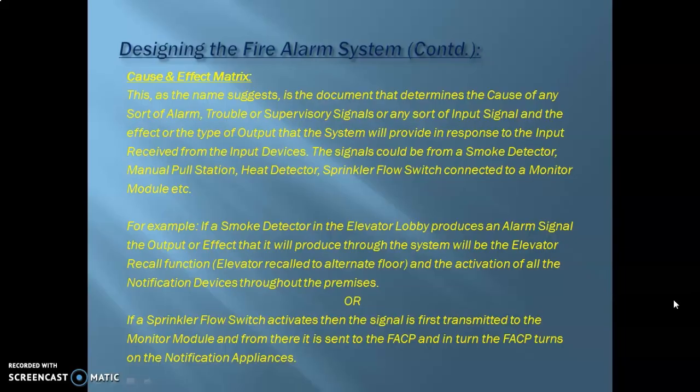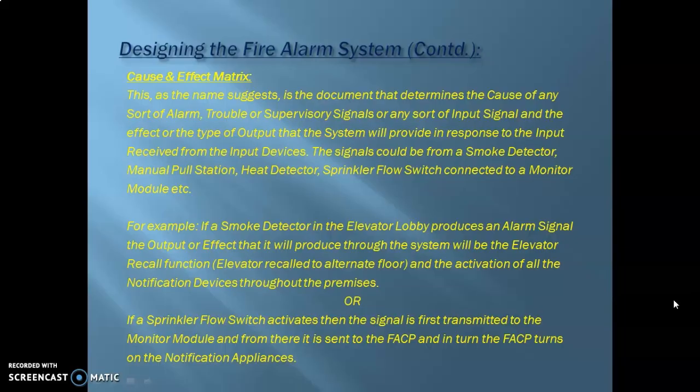Now, these signals could be from a smoke detector, a manual pull station, a heat detector, a sprinkler flow switch connected to a monitor module, etc. Let's say, for example, if a smoke detector in the elevator lobby produces an alarm signal, then the output or effect that it will produce through the system will be the elevator recall function and the activation of all the notification devices throughout the premises.